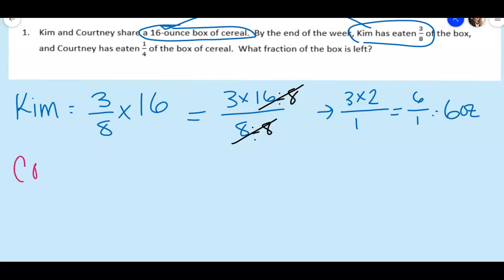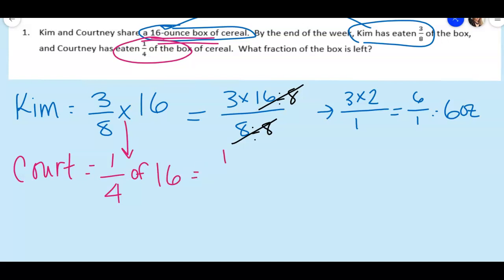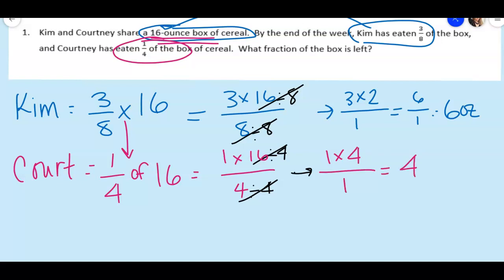Now let's go to Courtney. We'll call her Court. I know that she ate 1/4 of the 16 ounces. So I'm going to figure out what is 1/4 of 16. I'm going to solve that by saying 1 times 16 over 4. I know that I can cross cancel because 4 goes into 4 and 16. So my new equation is 1 times 4 over 1, which means she ate 4 ounces